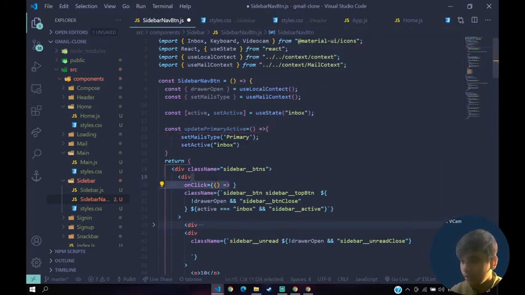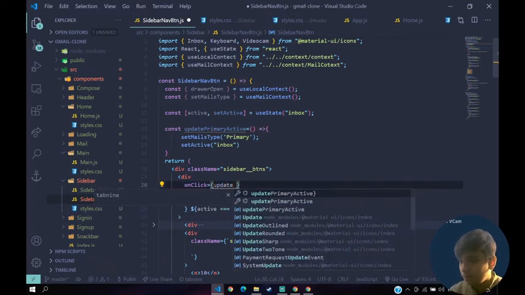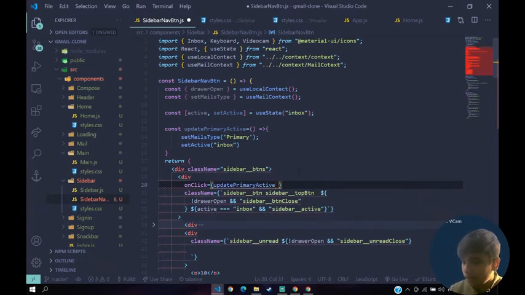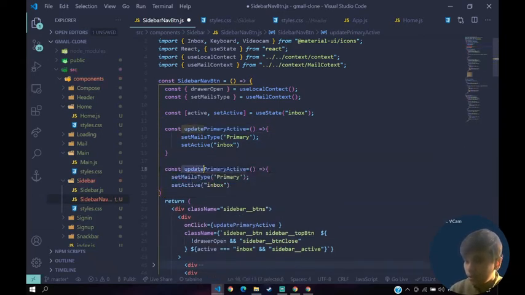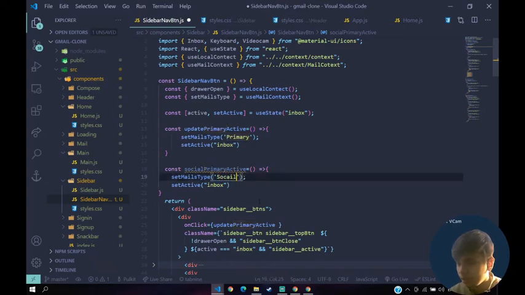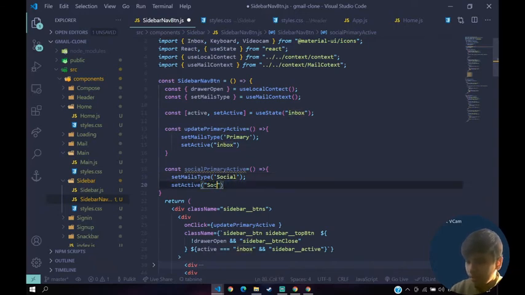So here we'll say update primary active, right? Similarly we'll create another one. Here const social active, as small. Here we're gonna get social, and there also you're gonna say social, right?